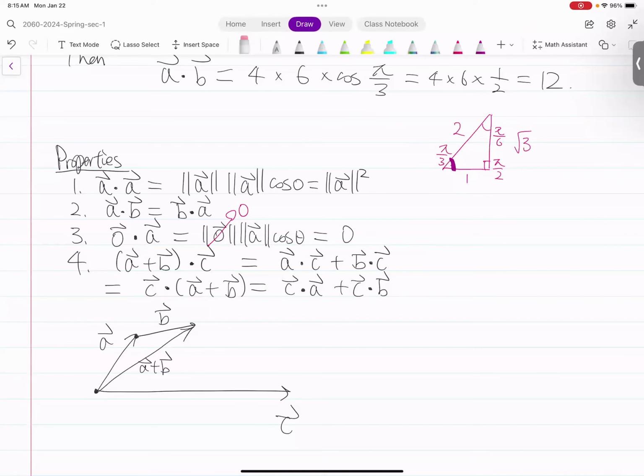So we just recall that for a vector dotted with another, we want to do the projection of the first vector onto the second, right? So we have A plus B right here. So what we want to do is we use the head and then we do the projection down to the vector C. And then we recall that this line segment is gonna be the magnitude. Right here. So this length is exactly